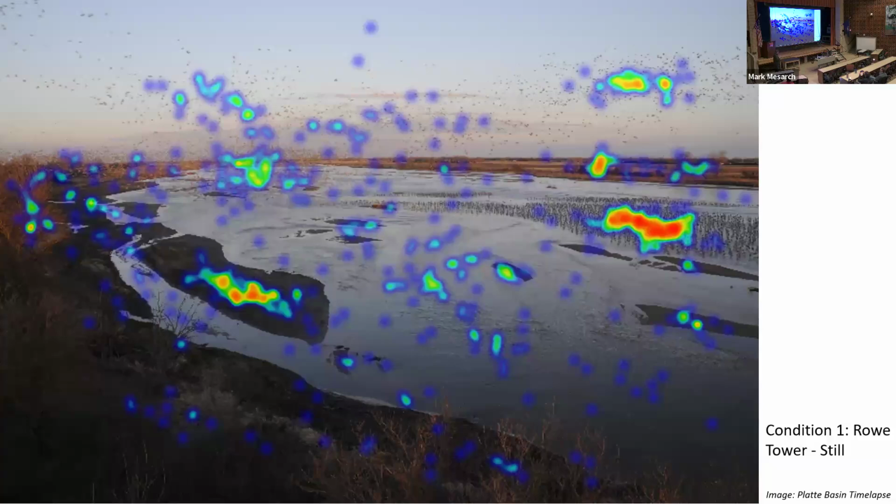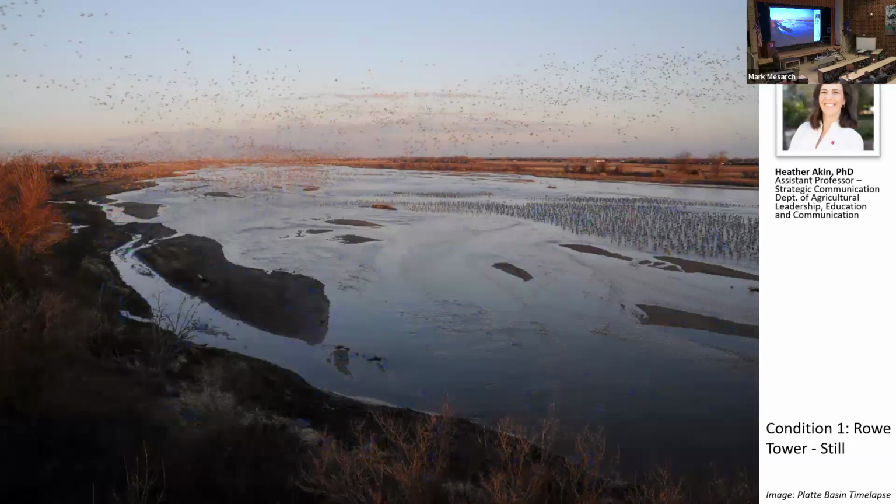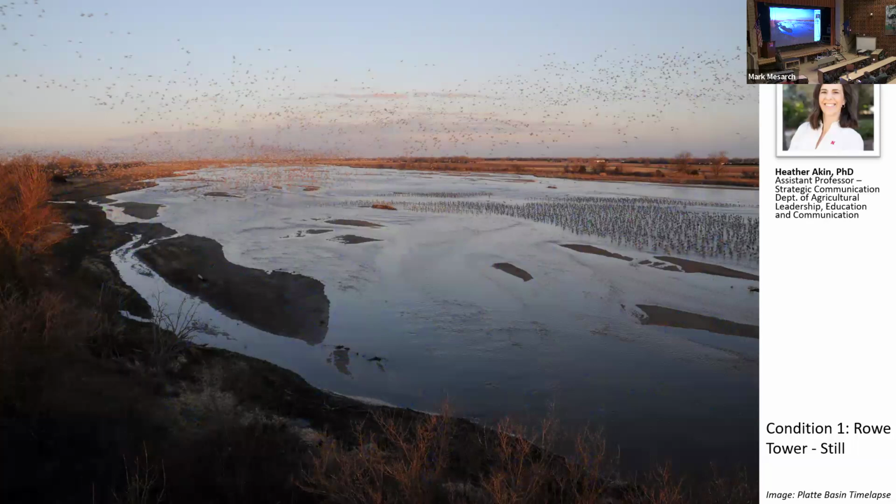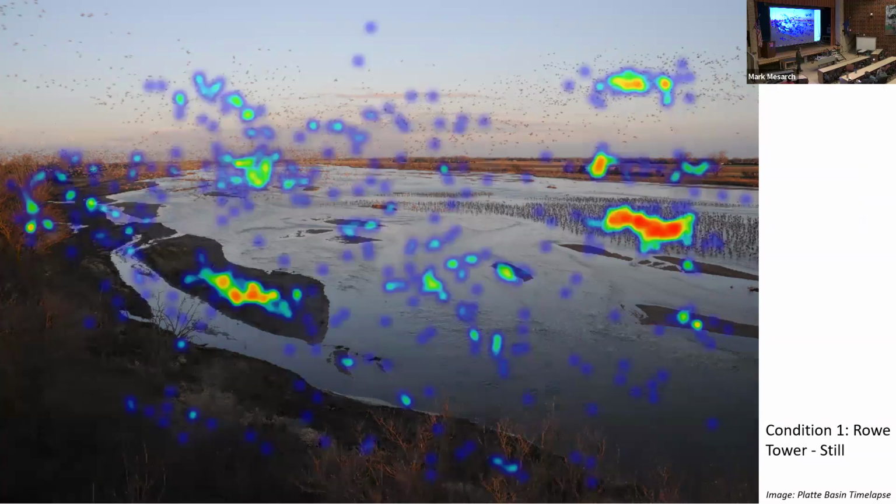You can see them, not surprisingly, looking at the group of birds over there and also in the sky. But then also in the foreground, we have this bar along the edge of the Platte River here, and they seem to be looking, for whatever reason, there's kind of a hot spot right in here. I wondered if they might have been, you know, they see other wildlife here, maybe they're looking over here to see if there's any wildlife sitting there, or we just happened to sample a whole bunch of geomorphologists, I guess, maybe looking at that. But point being that different people are going to look at different things in these images,